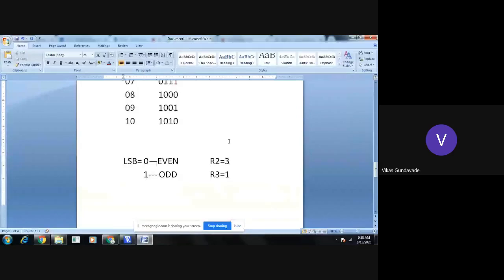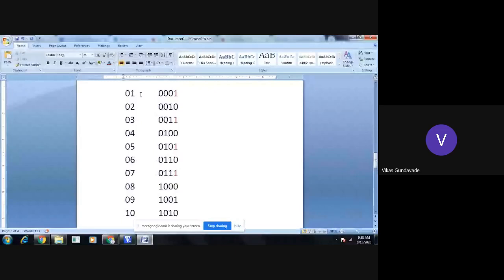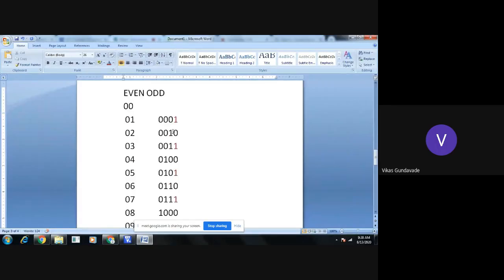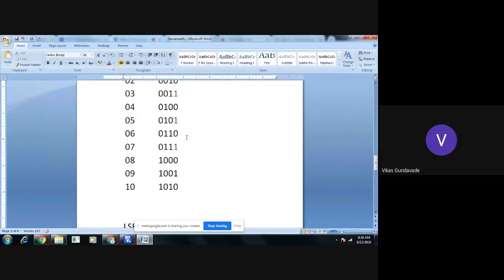One more thing. Here we are checking the contents from 01 to 10. Now suppose the number is 00. According to our logic, this number would be even, but actually this number is neither even nor odd. So this is a special case, and we need to check this special case first, and then move further to checking for even or odd numbers. So you got it.